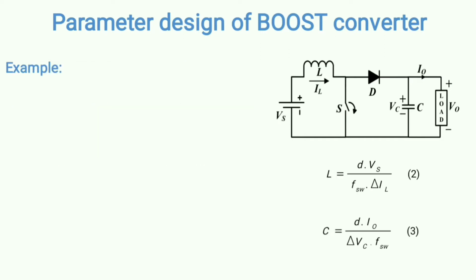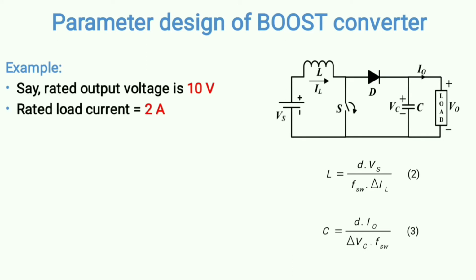Now let's understand this with an example. See here, suppose this is your requirement. Based upon this you need to design your boost converter. Suppose your load has a rated output voltage of 10 volts and a rated load current of 2 ampere, and these all are the average values, but it may change. Sometimes maybe the output voltage is 9 volts or sometimes it is 11 volts. Similarly, the load current may be 1 ampere or 3 ampere. It may change, but whatever value I am considering, those all will be the average value. Just remember this. Now based upon these two values you have to design your boost converter.